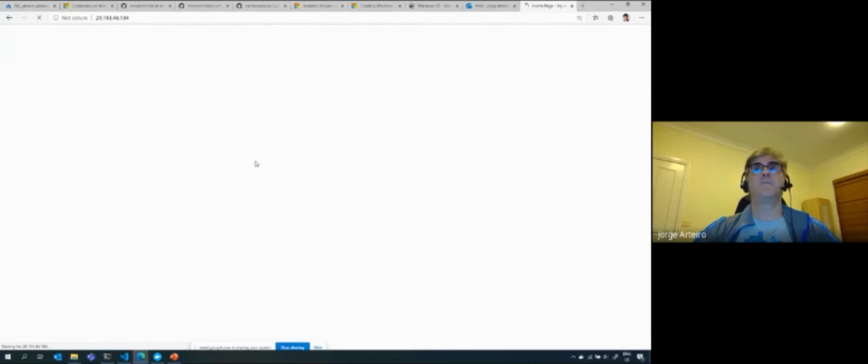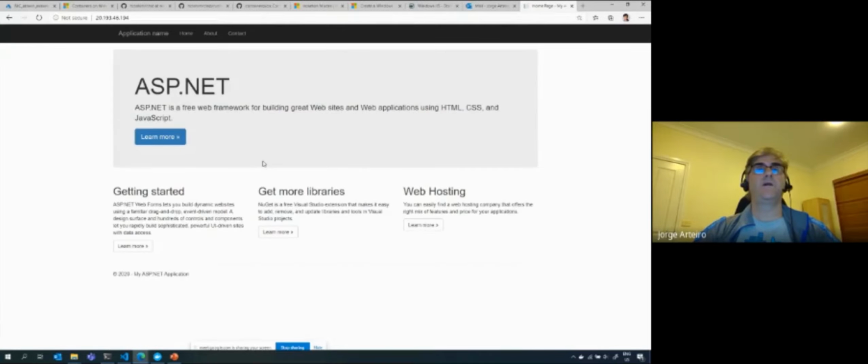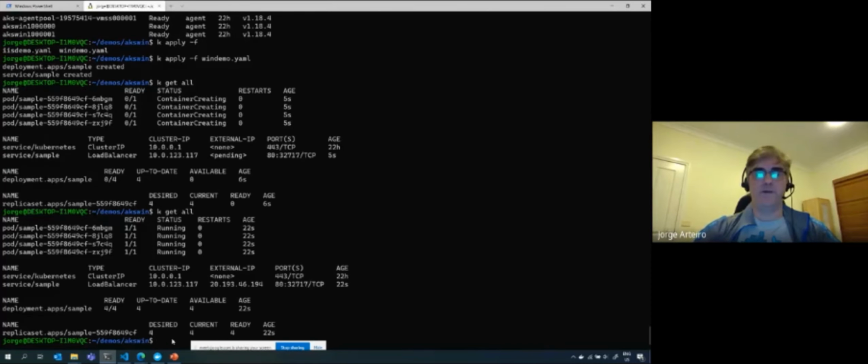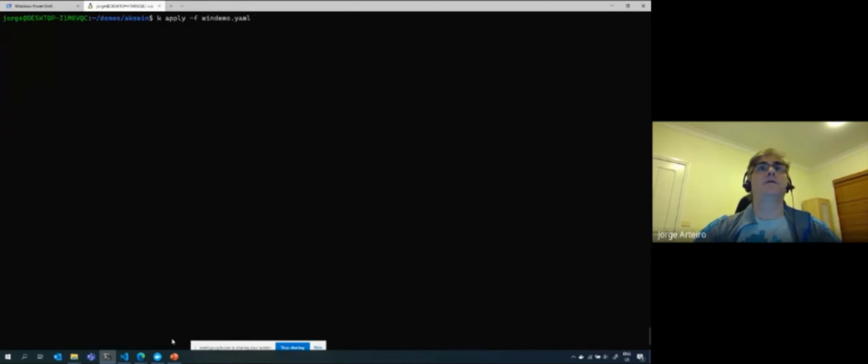Let's see how long. That's using IIS, that's the Microsoft one. See, that's not Linux, that's a Windows container running IIS and running a classic ASP.NET application, where you need the full .NET Framework and you need a Windows Server Core to run that. It's not a Nano Server, it's a full Windows Server Core. Okay, and if you want to do the same and you want to deploy this IIS demo that I have here,